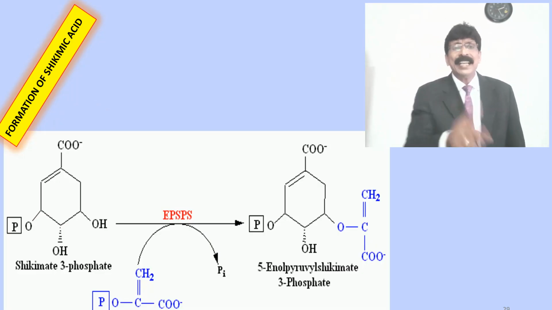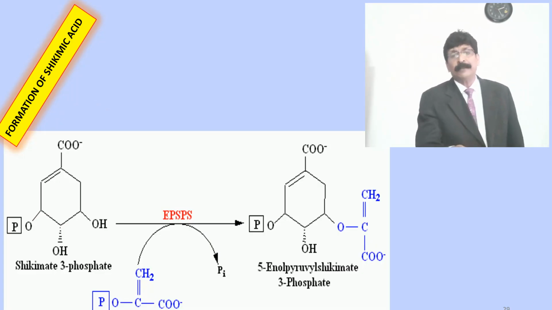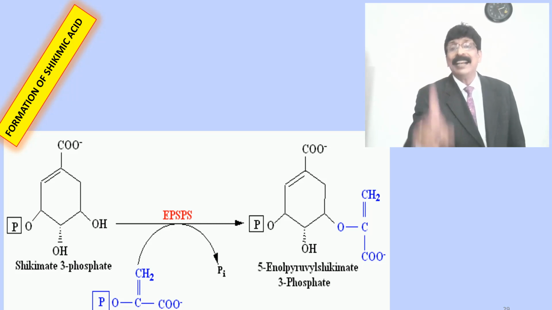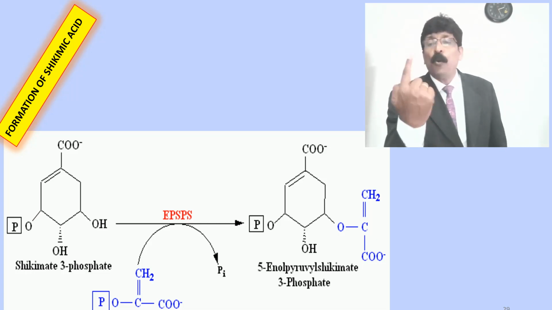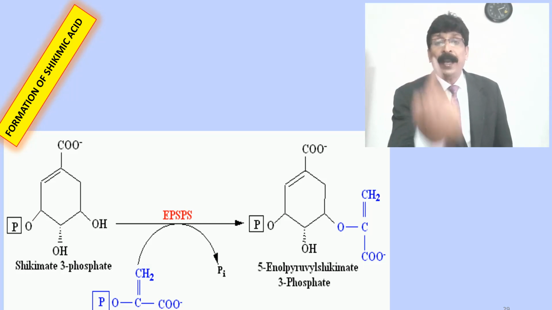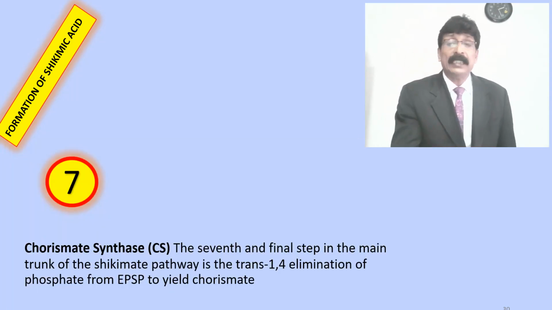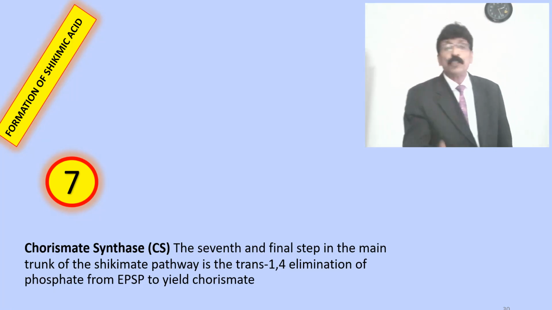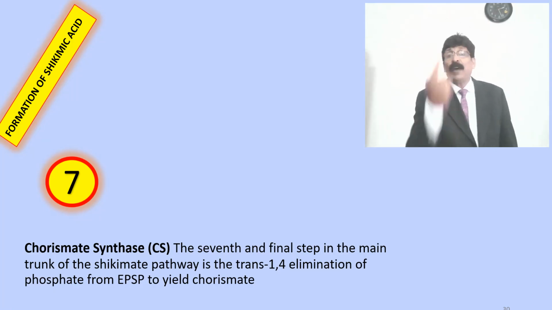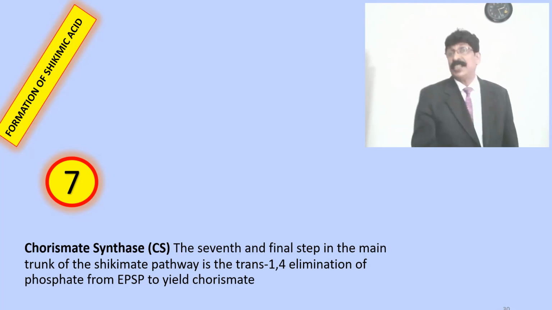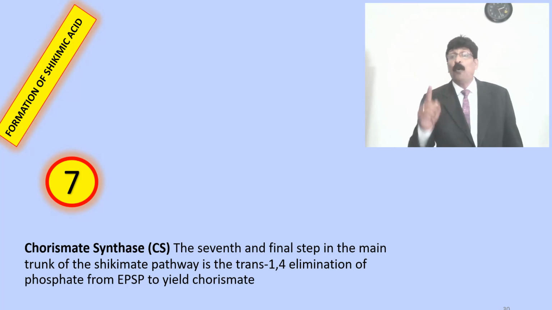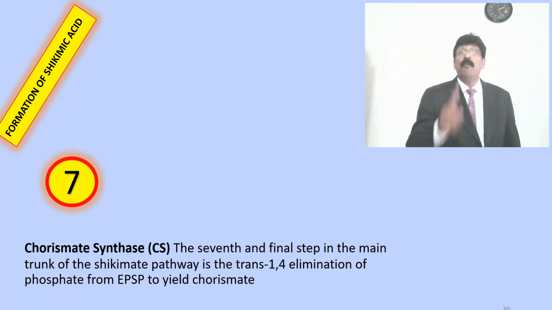So you see here, shikimate 3-phosphate is converted into 5-enol pyruvyl shikimate 3-phosphate by means of adding one molecule of phosphoenol pyruvate. You can see this structure very clearly. The last step, the seventh enzyme, we are using chorismate synthetase. The seventh final step is the main trunk of the shikimic acid pathway or shikimate pathway, 1,4 elimination of the phosphate from